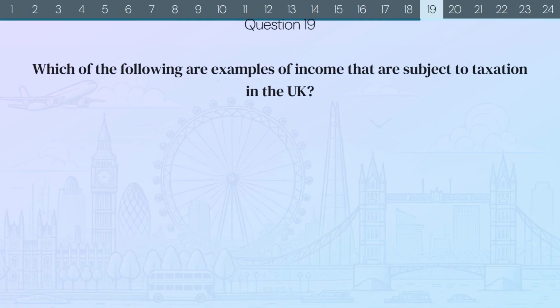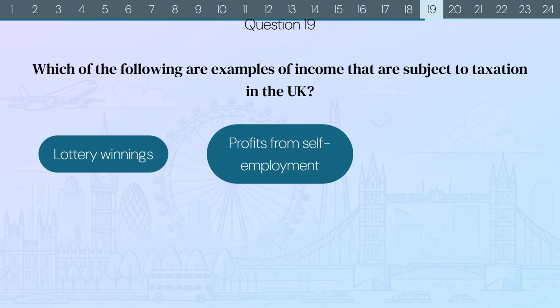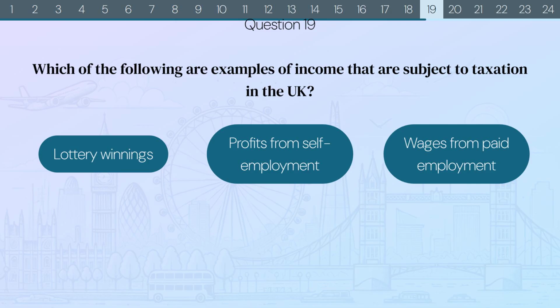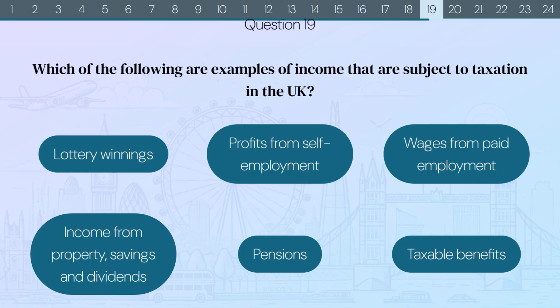Question 19. Which of the following are examples of income that are subject to taxation in the UK? Lottery winnings? Profits from self-employment? Wages from paid employment? Income from property, savings and dividends? Pensions? Or taxable benefits? The correct answers are profits from self-employment, wages from paid employment, income from property, savings and dividends, pensions, and taxable